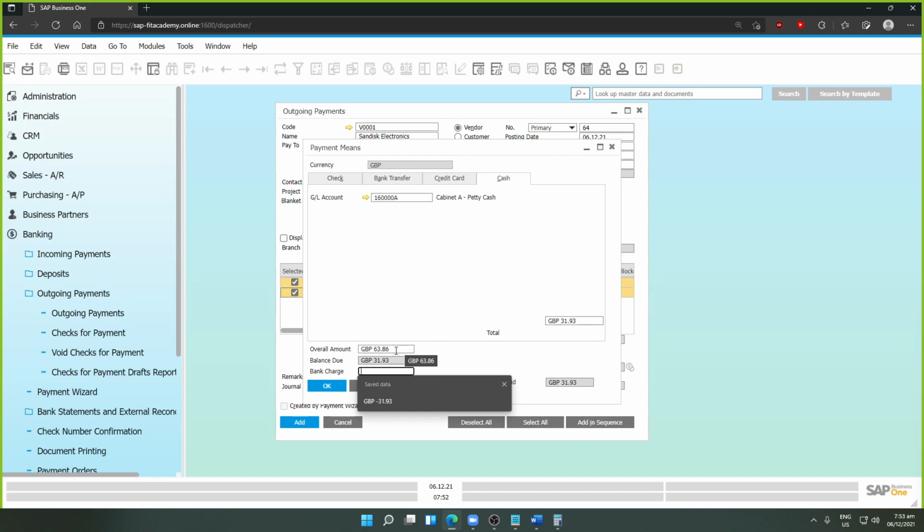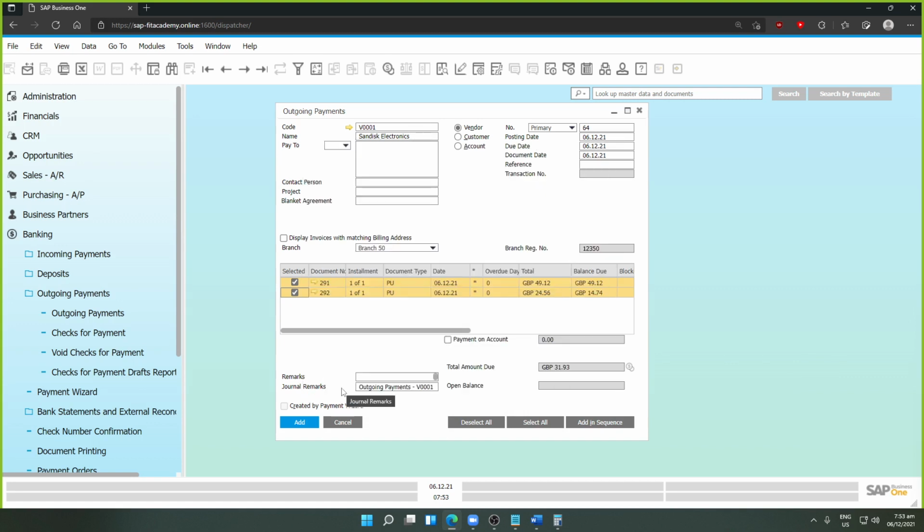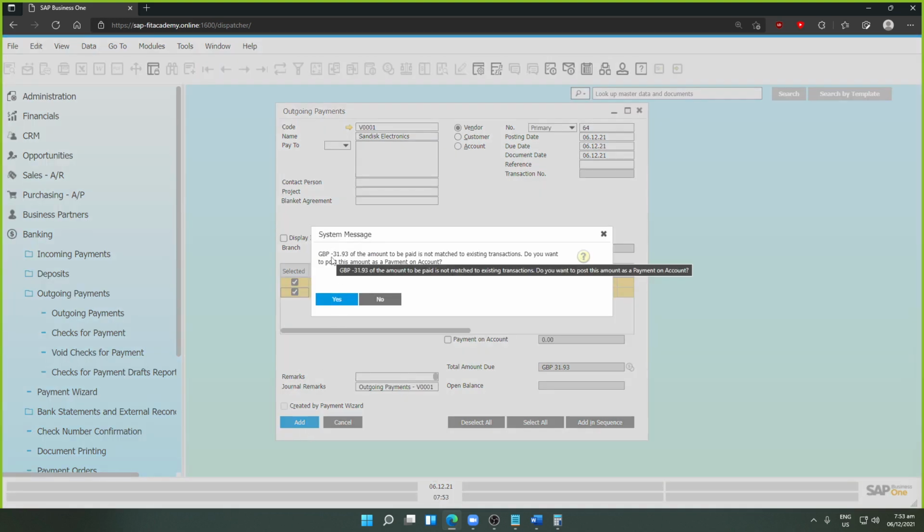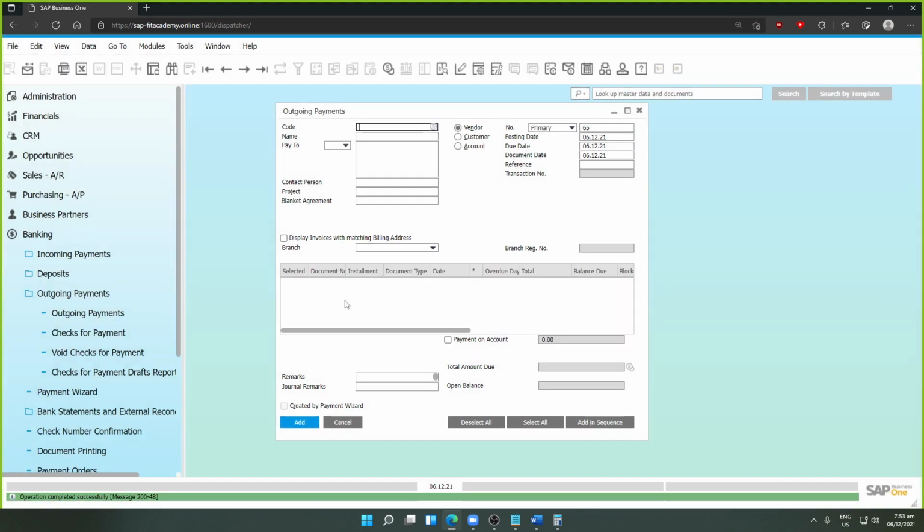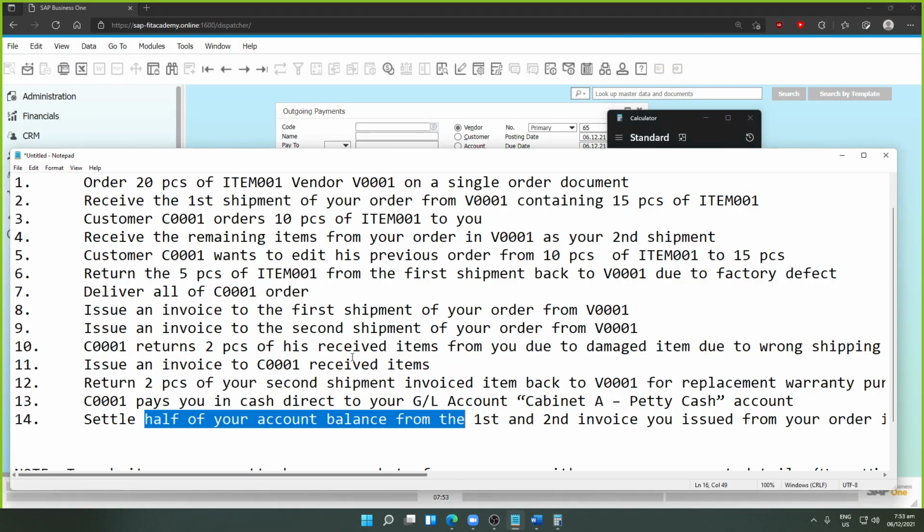So, doon sa aking overall amount na 63.86, may balance due after this, meron pa akong natitirang 31.93. So, okay ko na po yan. And then, i-add ko na po ito. Okay, sasabihin niya na kapag ginawa mo to, meron ka pang magiging utang na 31.93. Okay? Do you want to post this amount as payable on account? Yes pa po tayo. Yan. Add ko na po yan. And then, yun. Tapos na po ako doon sa aking